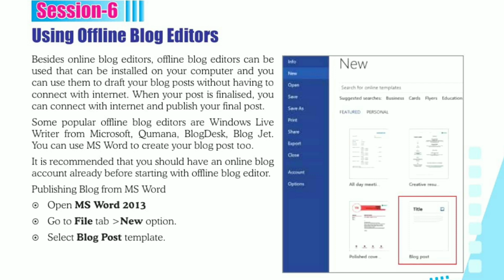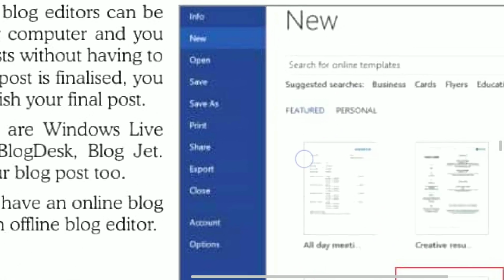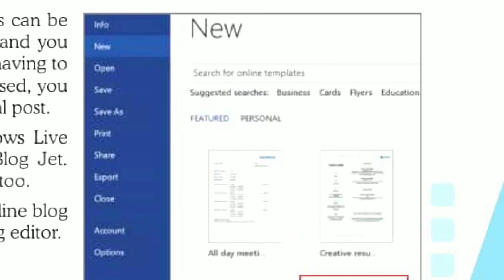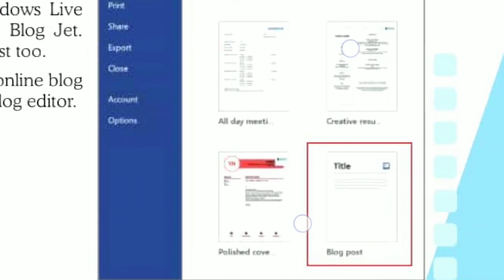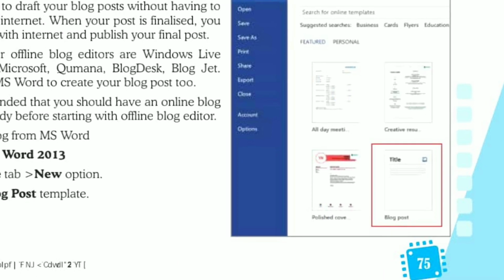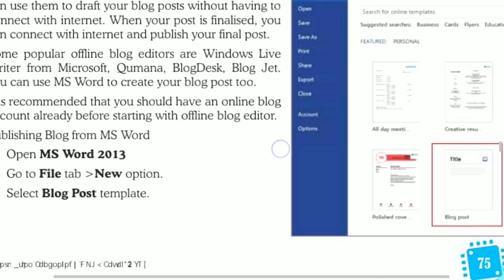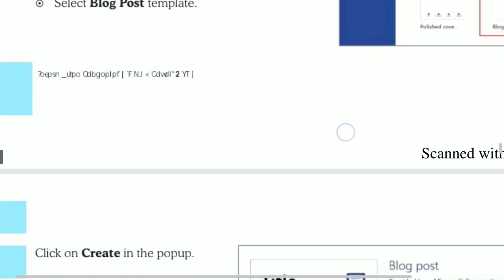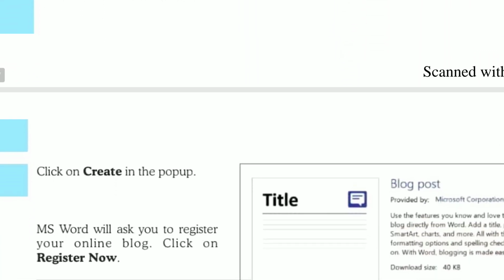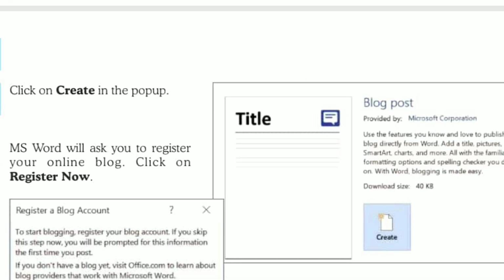As you can see on the screen, as we select this New option, the different templates will appear. Choose the Blog post option. As we select the blog post template, a new pop-up window will appear. In this, click on the Create button.